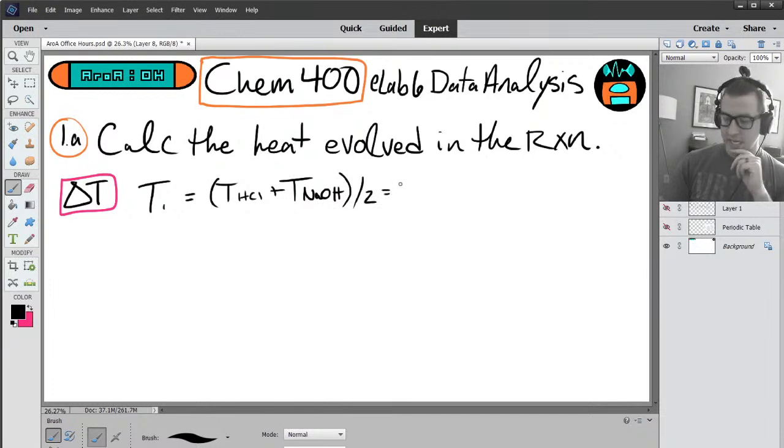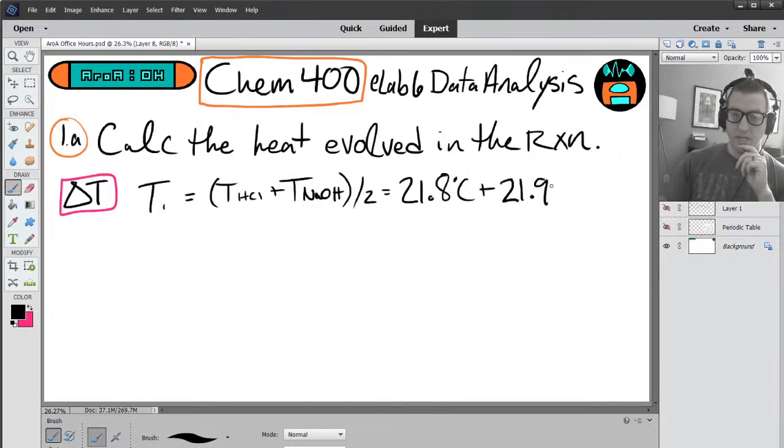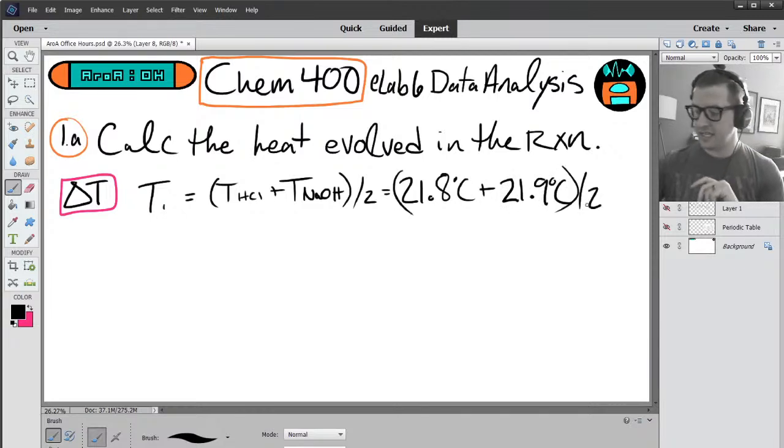So our HCl temp is 21.8 degrees Celsius. Our sodium hydroxide temperature is 21.9 degrees Celsius. We add these together and divide by 2. 21.8 plus 21.9 divided by 2 is